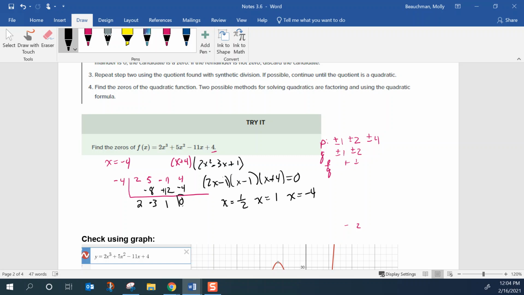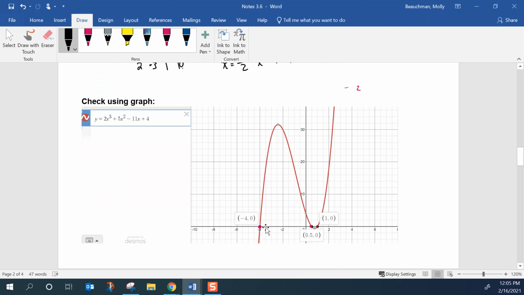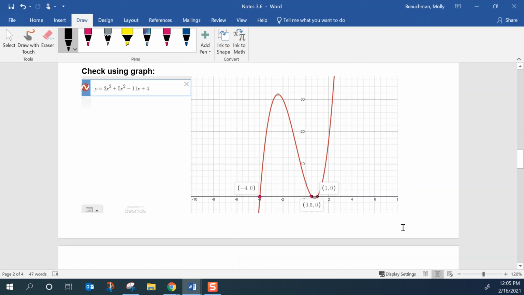So that's how you use synthetic division. It just so happened in this one that all three crossed the x-axis at integer or fraction rational points. So what if,